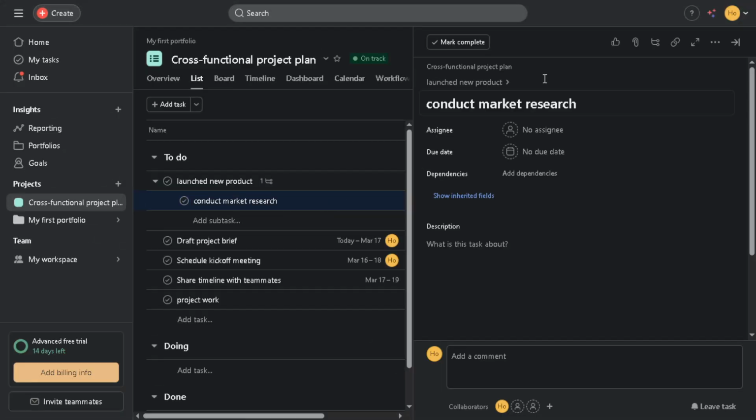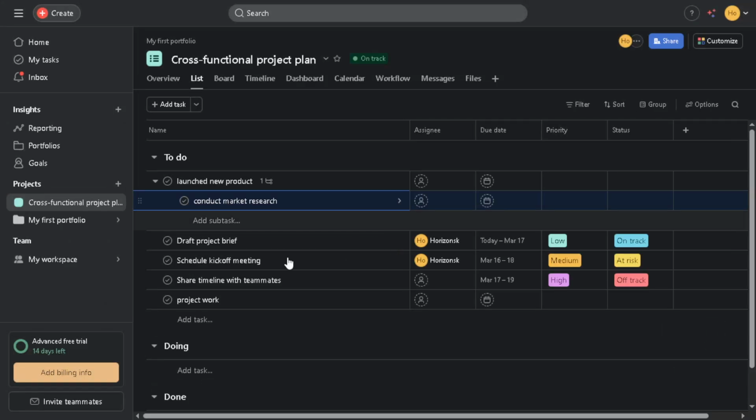Now let's summarize the key differences between tasks and subtasks. Tasks are the strategic components of your project. They capture the overall goals and major milestones that you aim for. On the other hand, subtasks are the tactical actions that help you manage all the details that might otherwise clutter